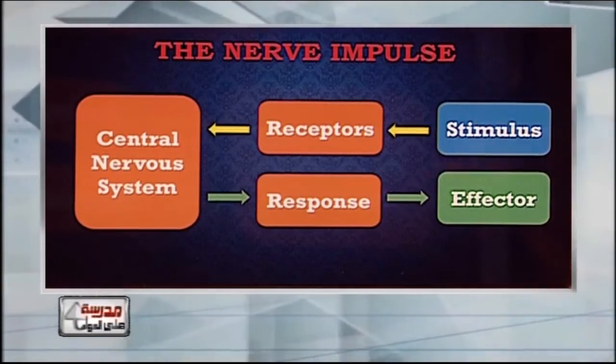And now, my dear students, if we need to explain how the nervous system works, I also use some examples for my students to explain how we receive and send stimuli and respond to different stimuli during our life activities. For example, if you go back from school and you enter your home and smell the